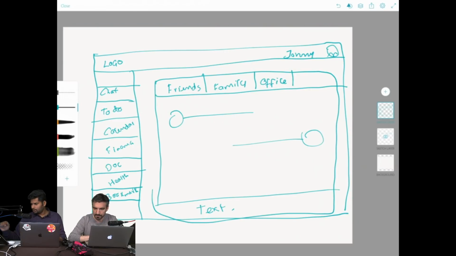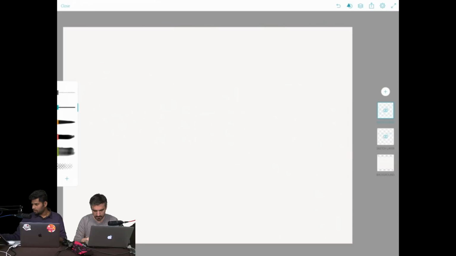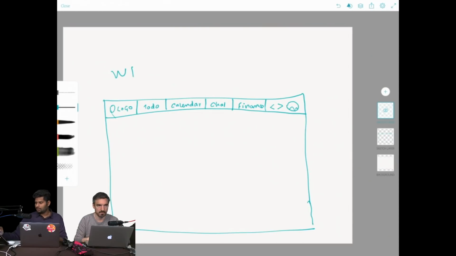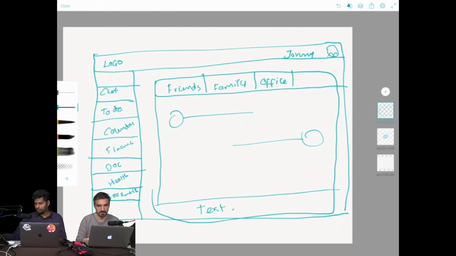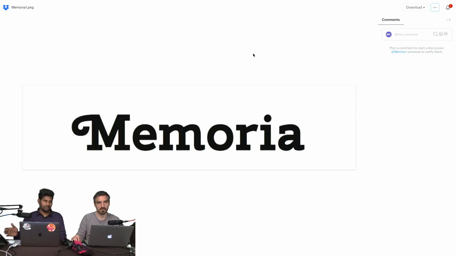Yeah. So we tried 2 layouts. One is like a vertical layout. So this is that one. We failed in this layout because we weren't able to accommodate so many features. So I'm going to do this one because this one has a horizontal navigation where I can put all my features on the left-hand side and all the options on the right-hand side.